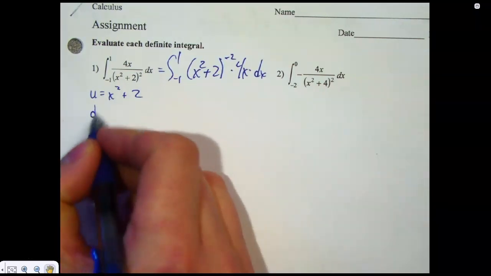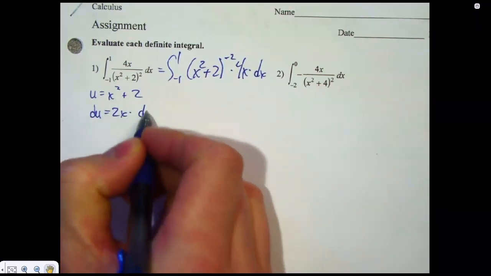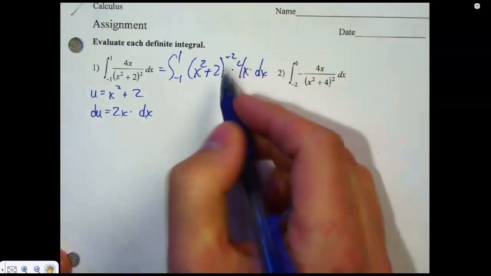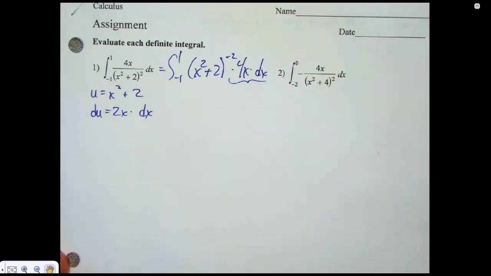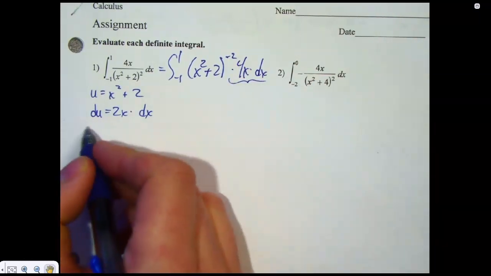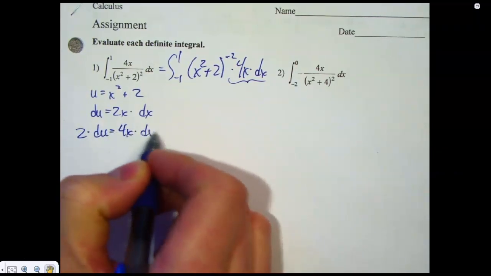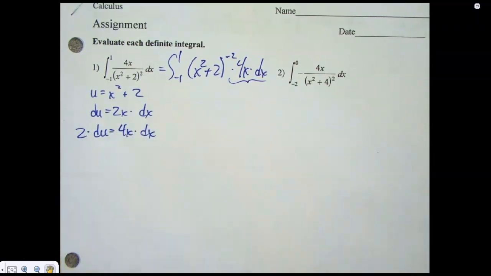Anyway, so du is 2x times dx. But I need 4x times dx, so what do I have to do to everything? I gotta double it, right? So then 2 times du equals 4x times dx. And then here's the next, like, the trick or the little extra step with U substitution and definite